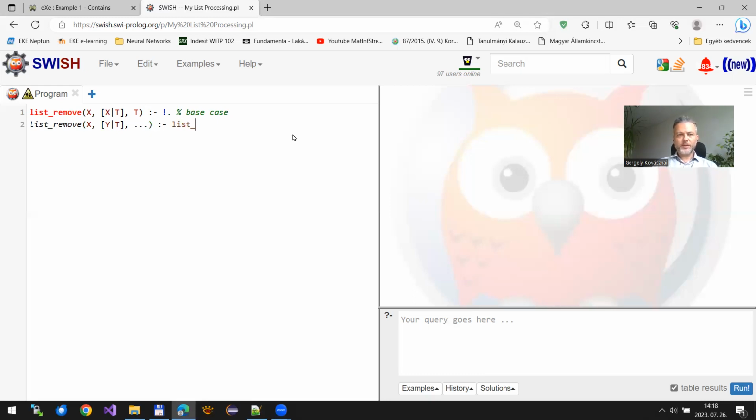What is pretty sure is that this rule is going to be a recursive one because of the iteration I want to execute, and what I want to do is remove X from the tail of the list.